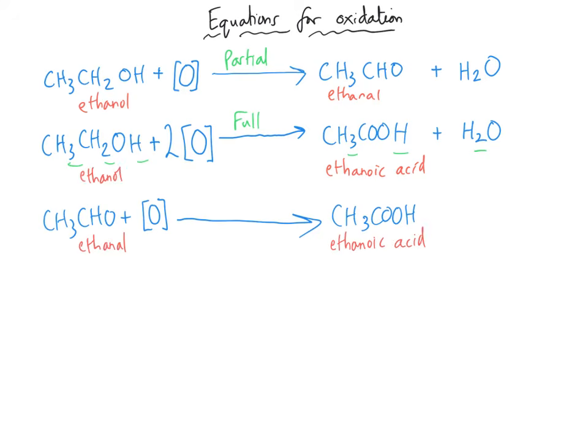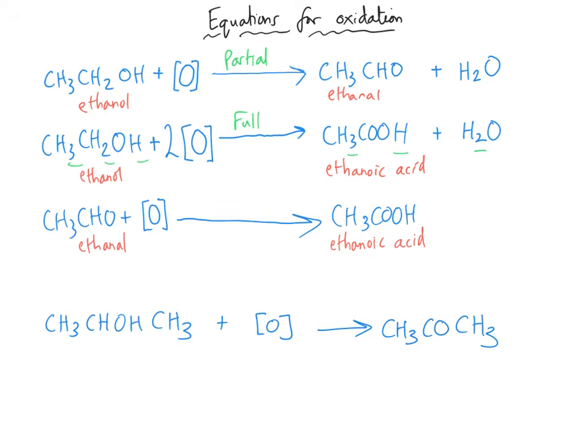And really the final equation that you could be asked to write is for a secondary alcohol and to show the formation of a ketone from it. So here is propan-2-ol. You'll notice the alcohol is on here, so that's why we've got CH because we've only got 1 hydrogen on the middle carbon atom. And so we need an O for oxidizing agent, and then we're going to make a ketone, and that's going to be